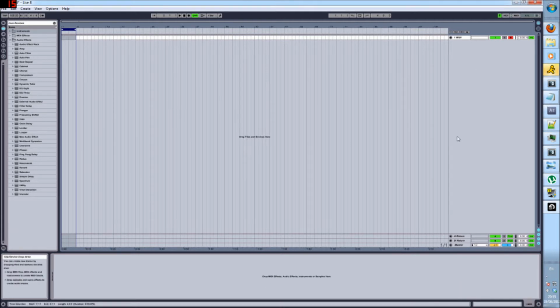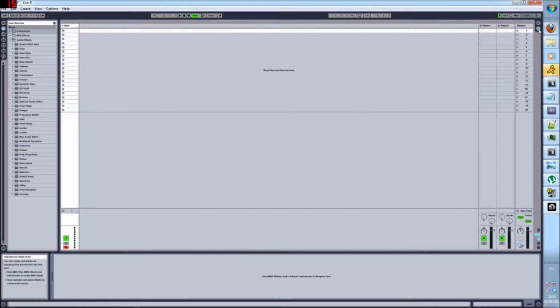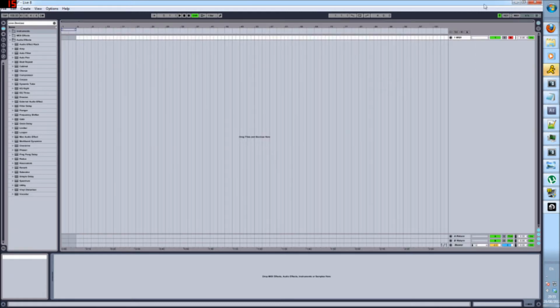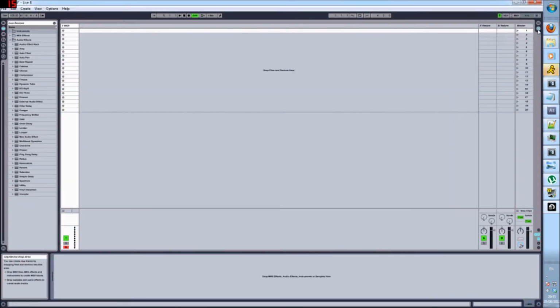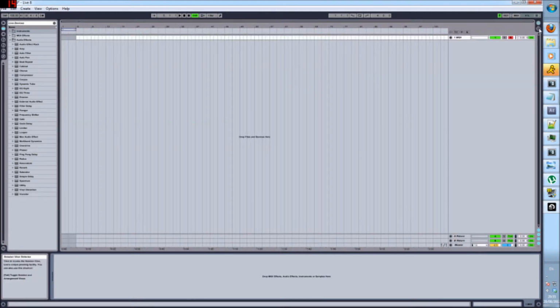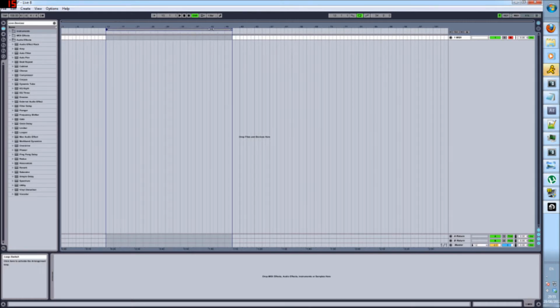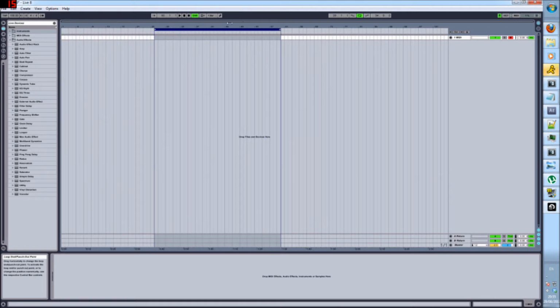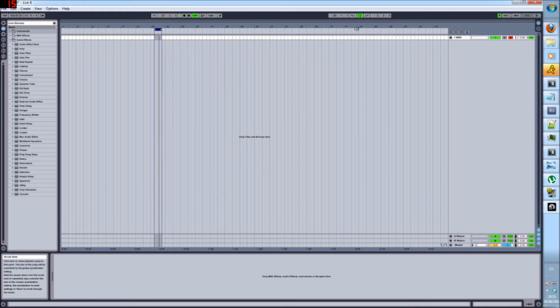This is your standard sequencer, and navigation is obviously key. You've got your sequencer there and your mixer there. You can swap between the two, and they always stay the same. We've got your loop bar here, which is whatever is selected in the timeline. You enable loop, and then this area will loop over and over. Hit space to play. You can see that's looping. If I take that off,